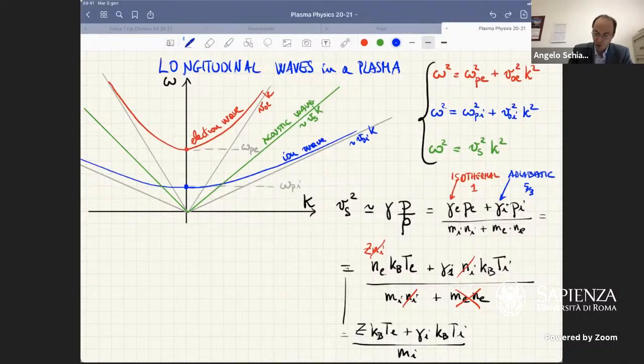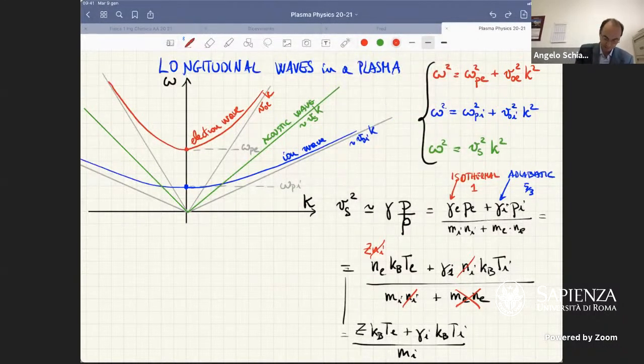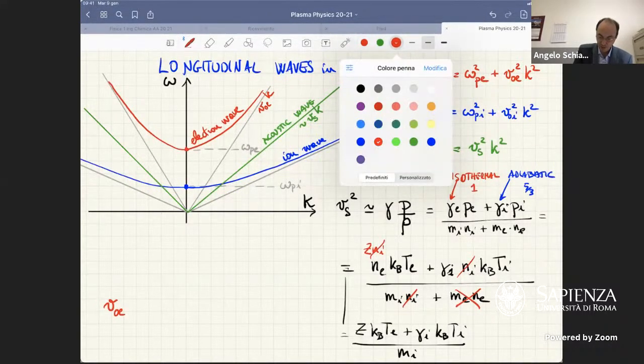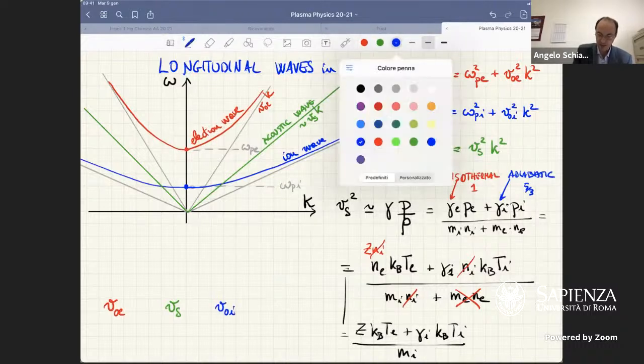And if we compare the three characteristic speeds of these waves, we see that the characteristic speed of the electrons is, then we have the speed of sound, then we have the characteristic speed for the ion wave, and we see that